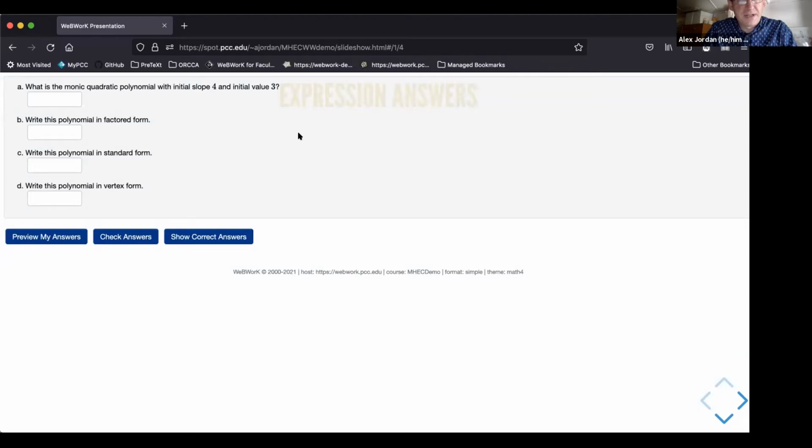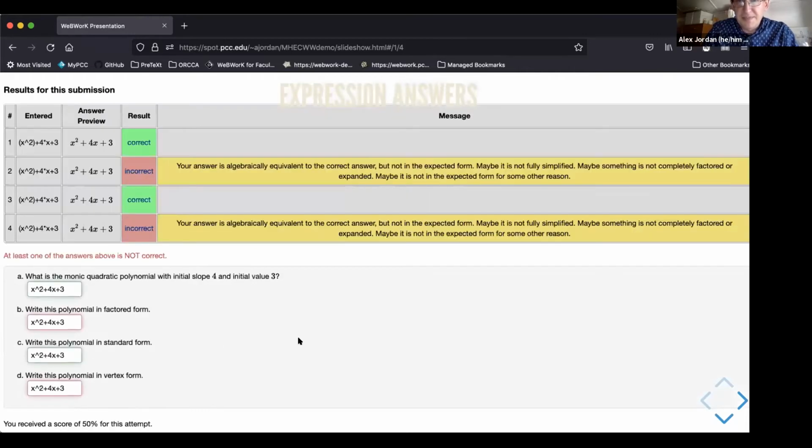This is a problem I like, where all 4 answers are mathematically the same. It's looking for x squared plus 4x plus 3. And it will take that in part A, but I'm just going to copy paste everywhere else. And these other ones are looking for the same expression, but in a particular form. And if I submit these, I got credit for A and C, but WeBWorK recognizes the algebraic equivalence of my answer